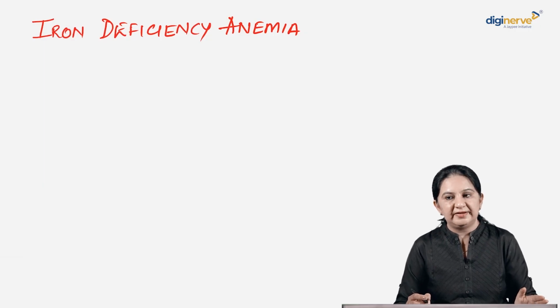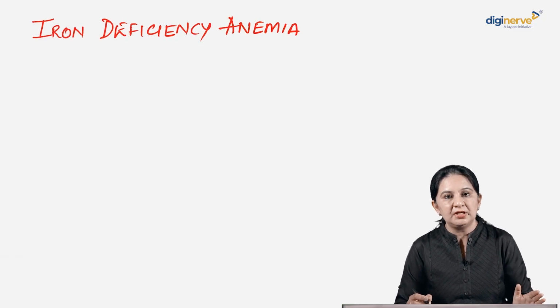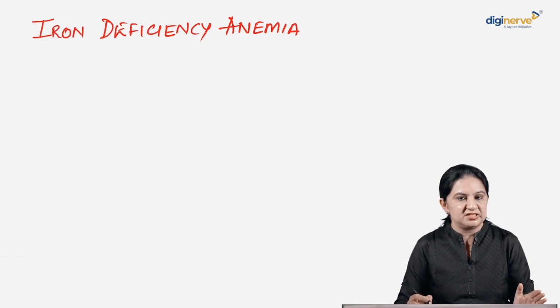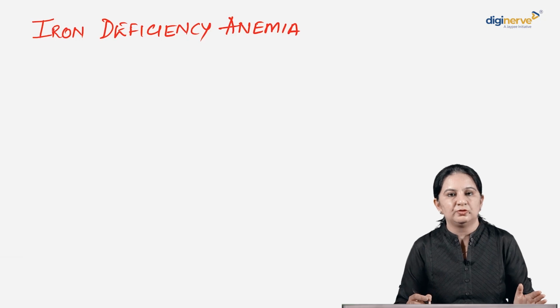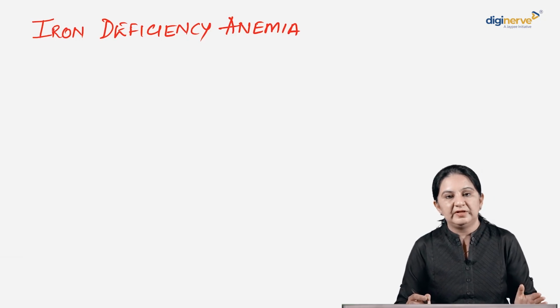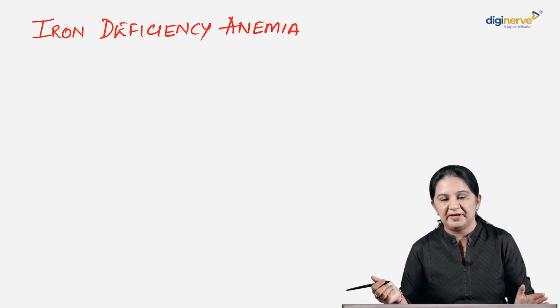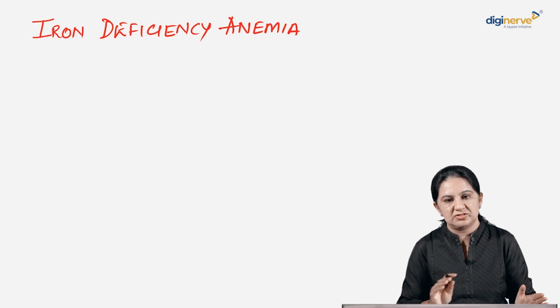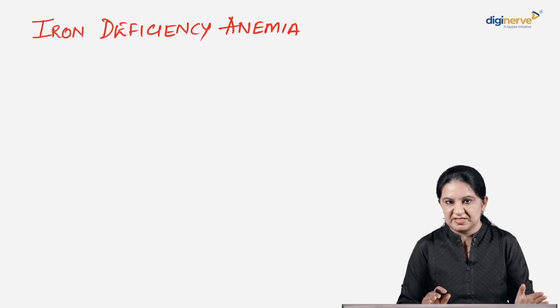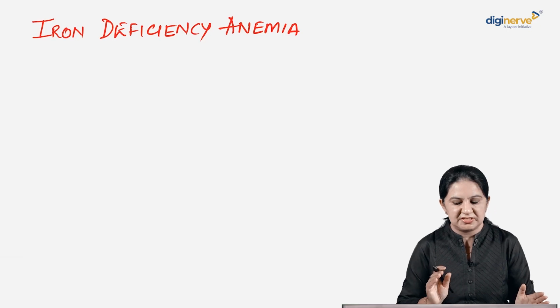Please remember, iron deficiency anemia is the most common anemia for any age group. They can ask you a question. A 60-year-old patient presents with hemoglobin 6. What would be the most common anemia? It will be iron deficiency anemia. Please don't label that patient as anemia of chronic disease, considering it's an old patient, he might be having some chronic disease. No. Unless and until it's specified, every deficiency anemia would be iron deficiency anemia.